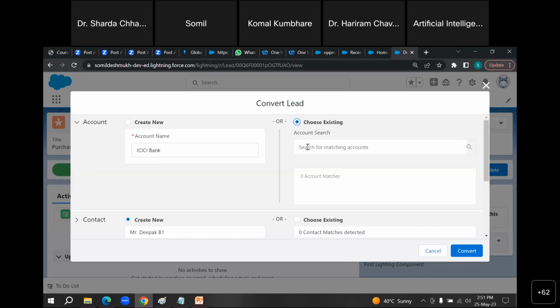Here you can search for an existing account if it is there. Right now we are saying this is a new account or a new company, but most of the time the company would already be there, and only the contact and opportunity would change. So you can go from this side also.